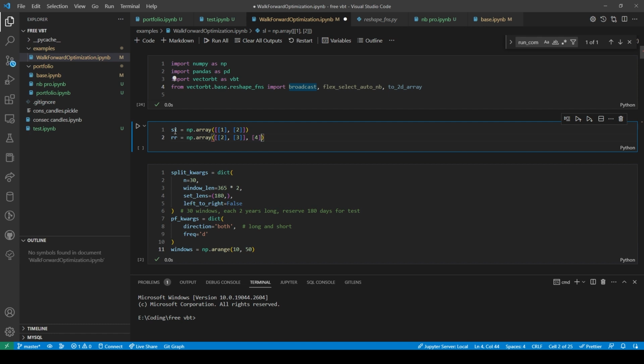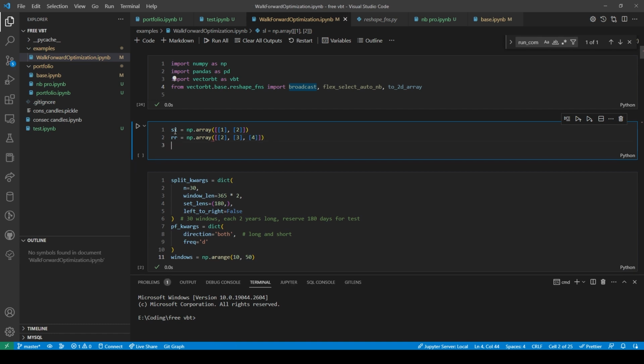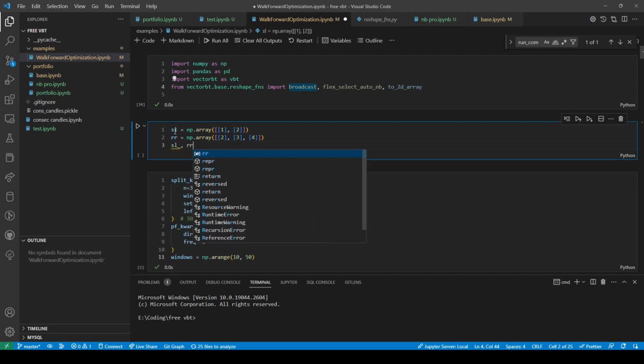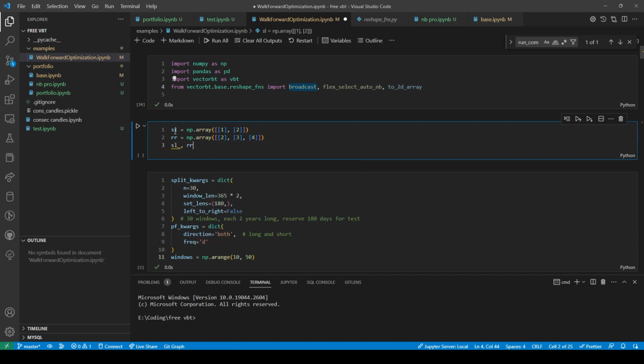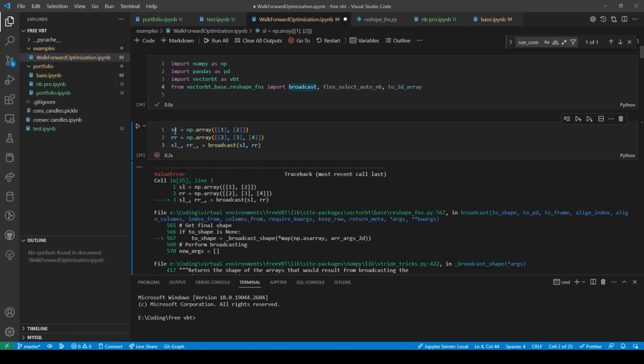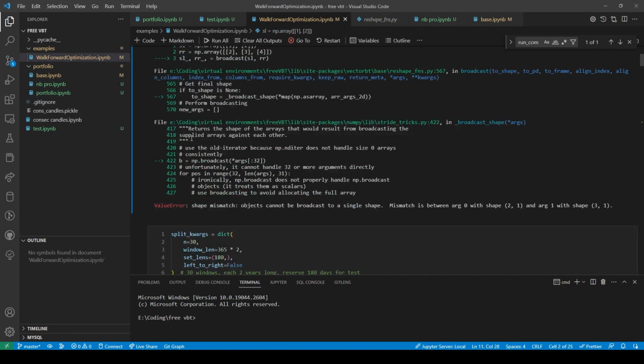What? Oh. So then here, if we did SL, RR equals broadcast SL RR. Shape mismatch. Object cannot be broadcast to a single shape.